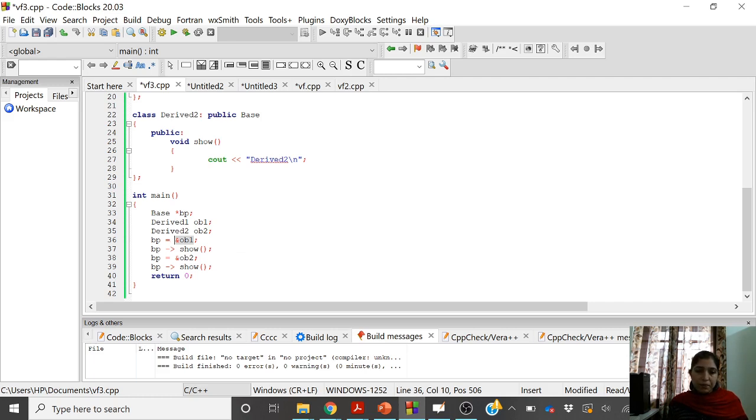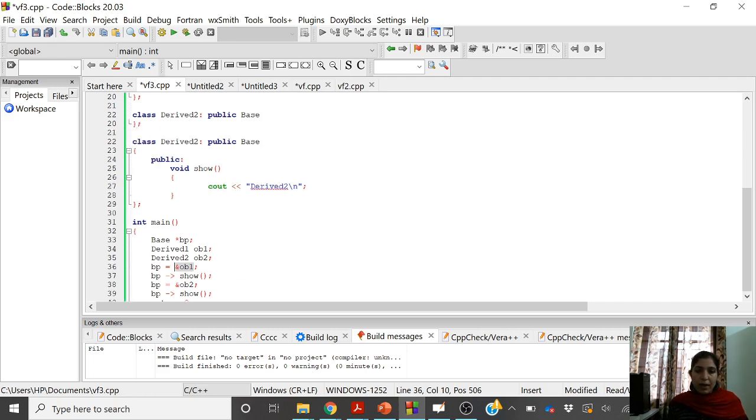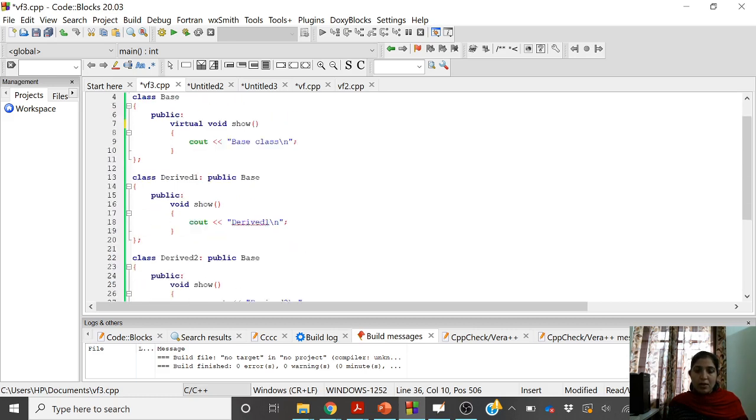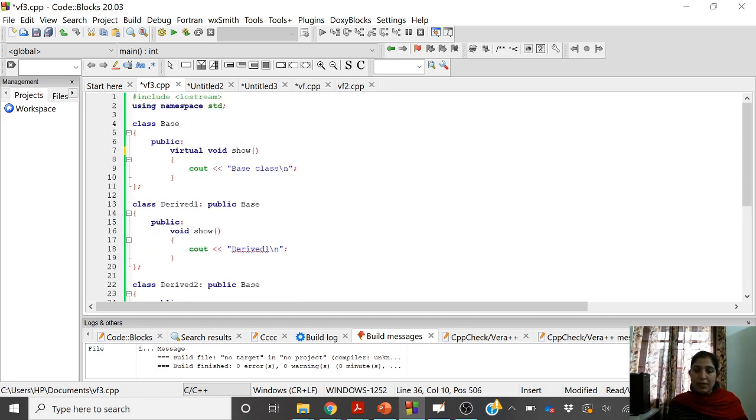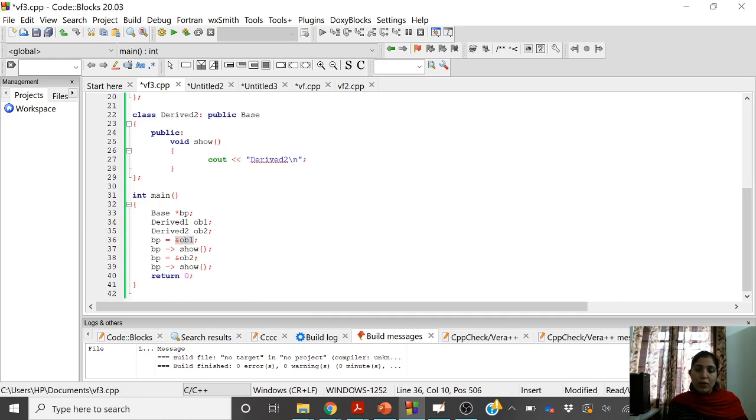Okay, so here I have made it virtual. So no compile time binding is taking place, and when you run this program, then BP here is pointing to OB1. OB1 is of type derived 1.